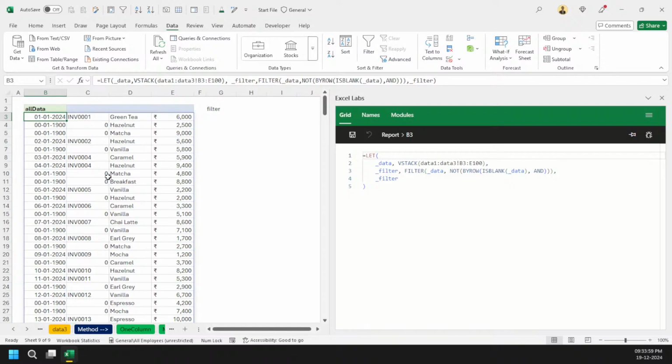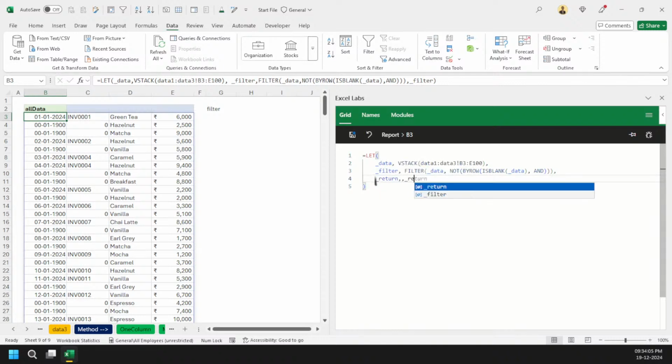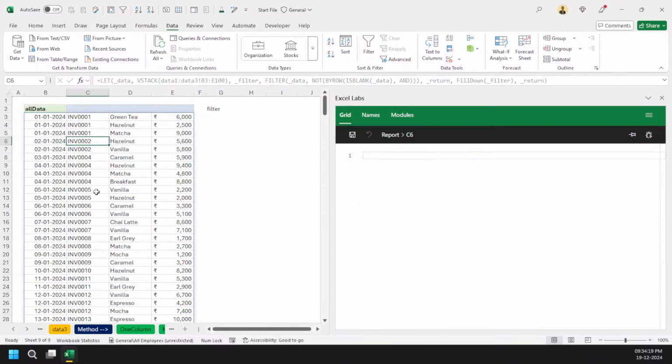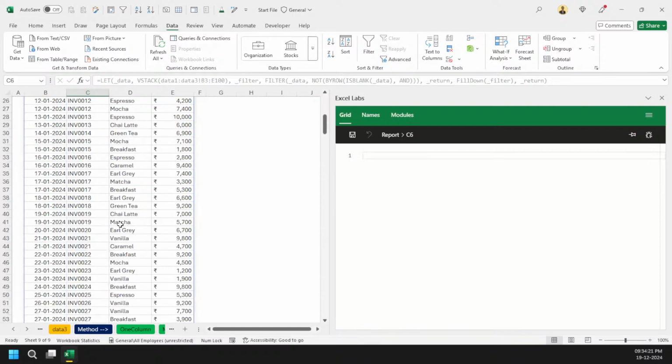So now I can come here and write the final step, return. And now all I am going for is simply one thing, my fill down function. Then I'm just writing the filter function and my filtered values. The moment I do that, I've got all my filtered values.